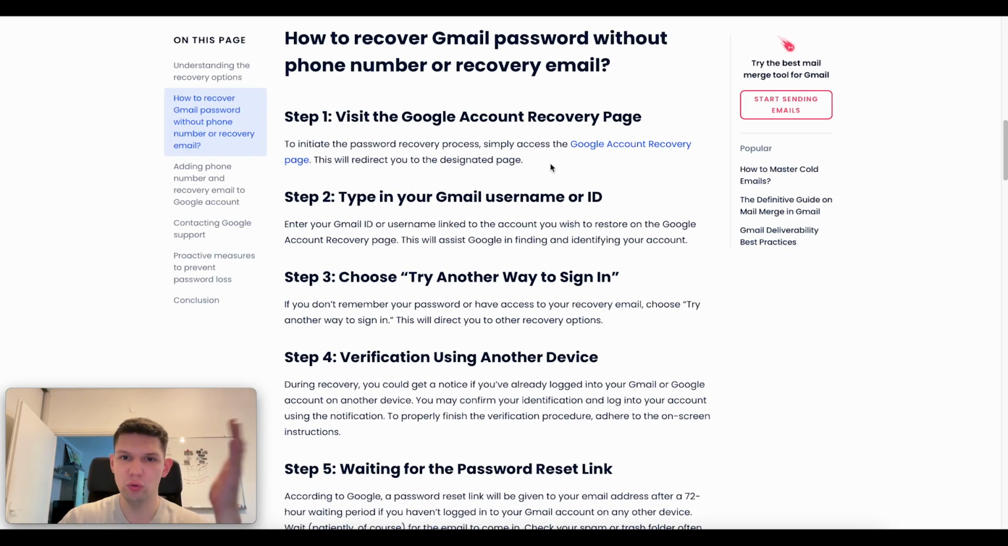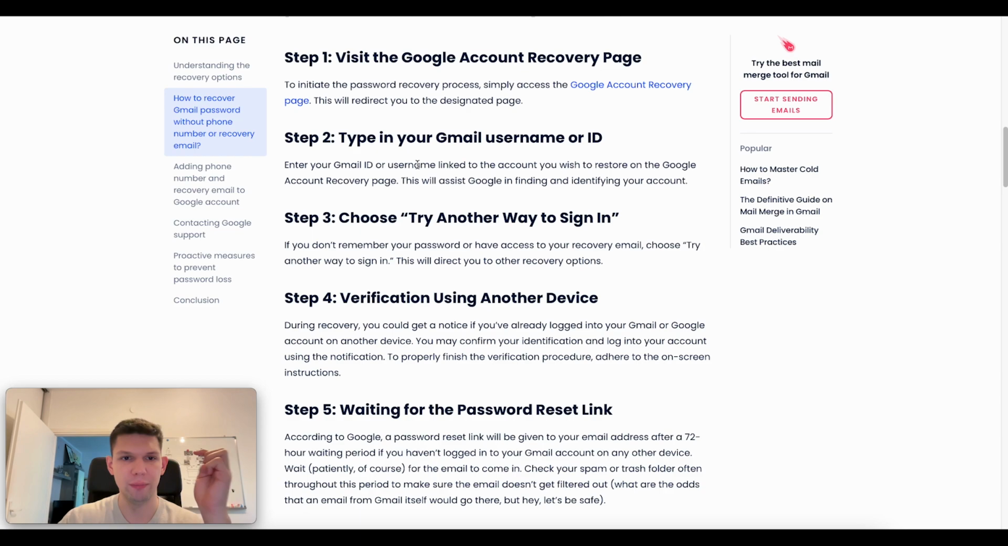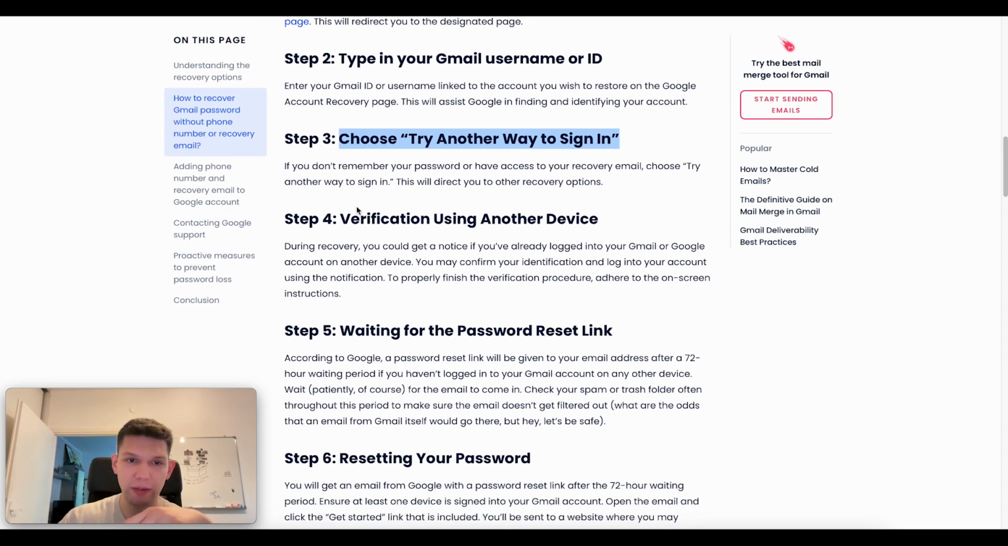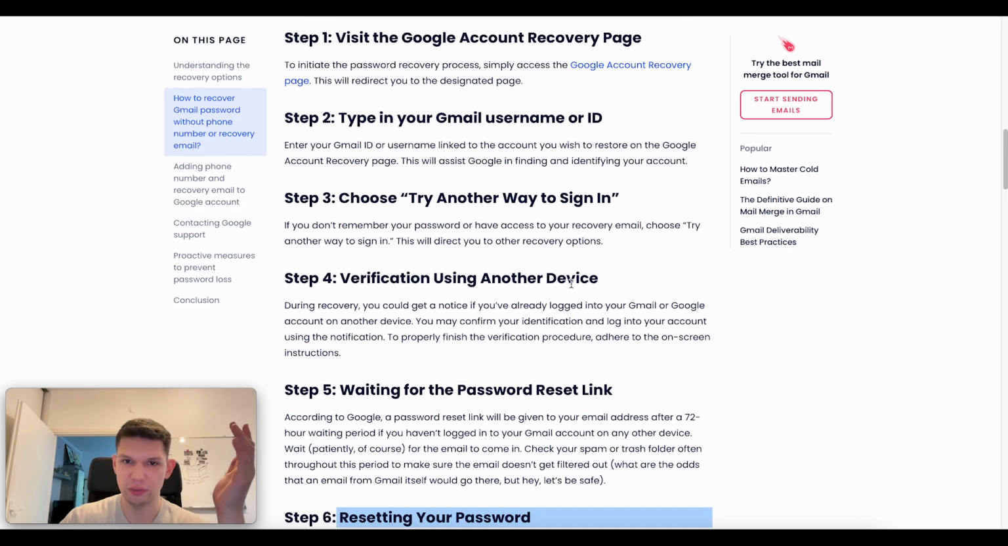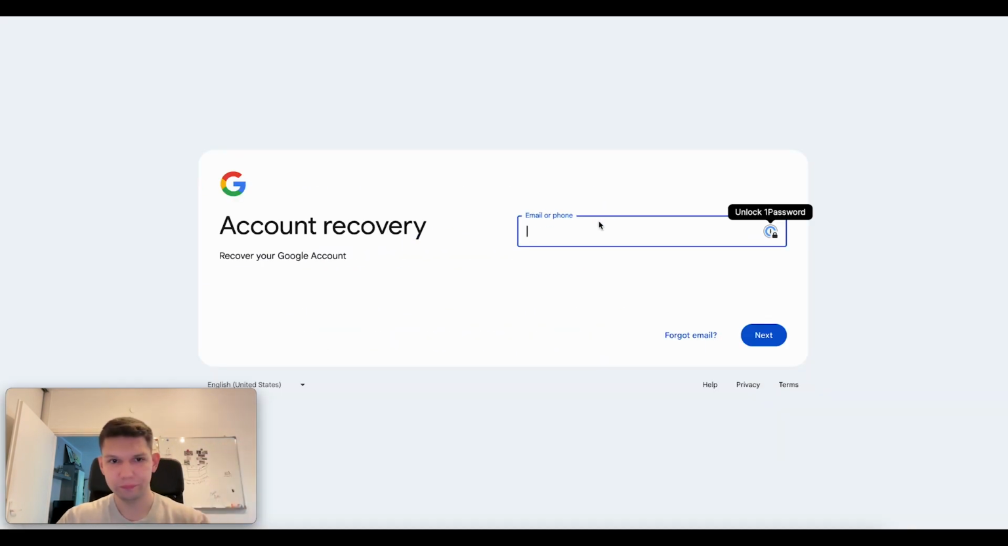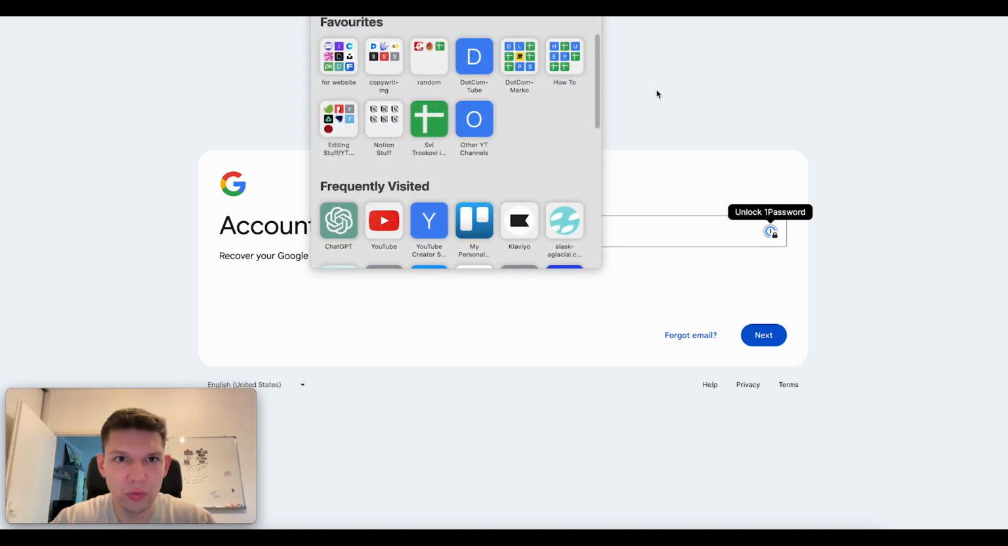So what you have to do is go to the Google Account Recovery page, type in your Gmail username or ID, choose Try Another Way to Sign In, then use verification using another device, wait for the password reset link and reset your password. So basically the site goes